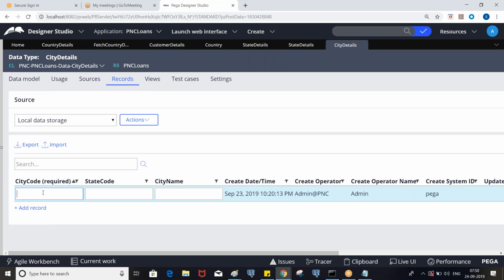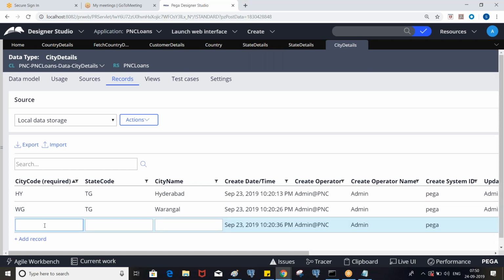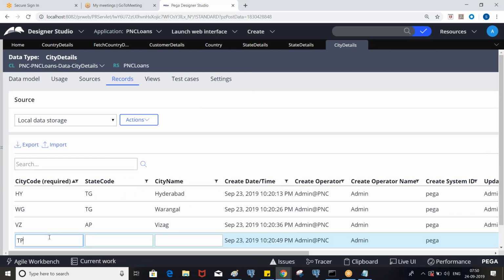City code, let's say HY, state code belongs to AP, and Hyderabad. City code WG, Warangal, belongs to the same state. Now let's say Vizag, VZ, AP. Tirupati.